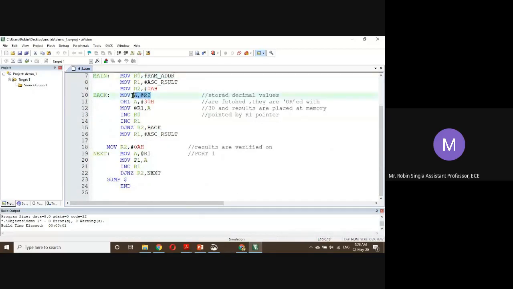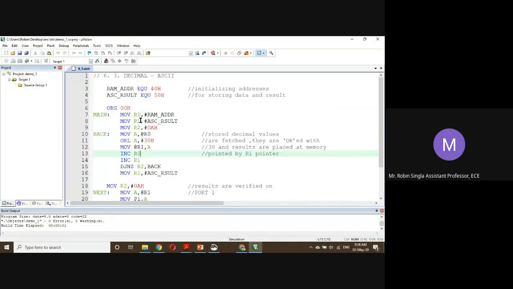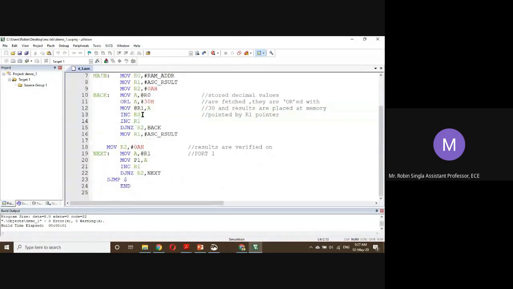At the rate R0 we'll move and perform OR logic with 30. Very simple, we just have to perform OR logic with 30. Then again move this number to at the rate R1. R1 contains 50H. Now we'll increment R0 and R1 to jump to the next memory location, and decrement R2 to decrease our counter.